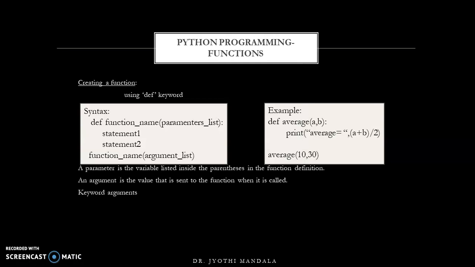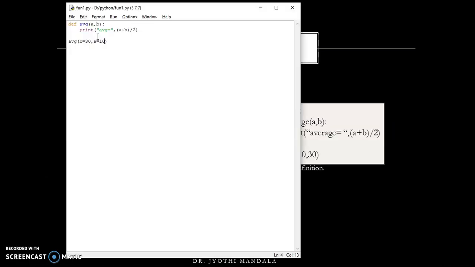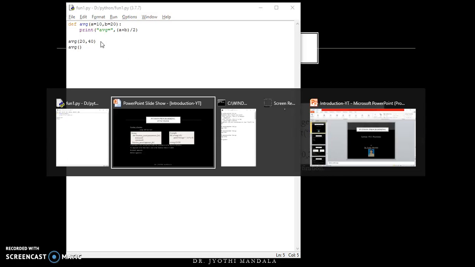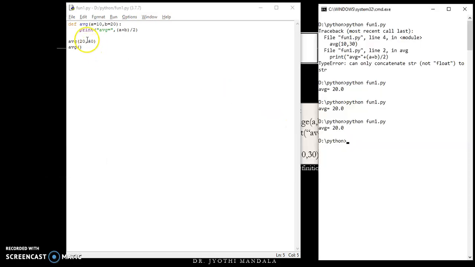Okay. Next one is default arguments. With default arguments, it is not required to pass a value to a function. Let us consider we assign A value 10 and B value 20. Now if you are passing 20 comma 40, then 20 and 40 will be taken, and if you are not passing anything, the defaults are used. Let us consider this example. I am talking about default arguments. So let us run this program. If I am passing 20, 40, what will our output be? Let us check first.